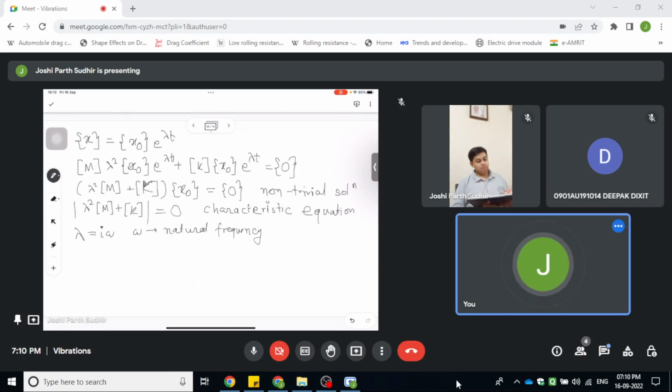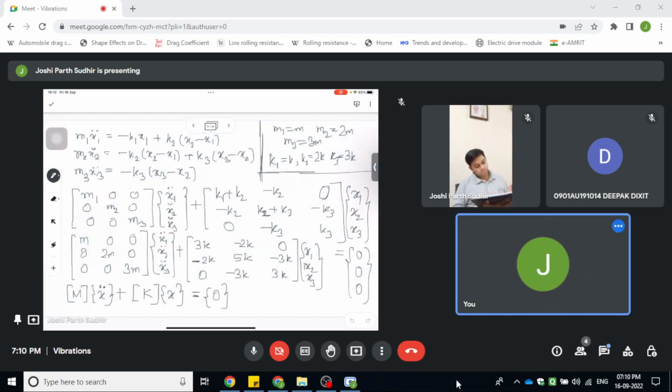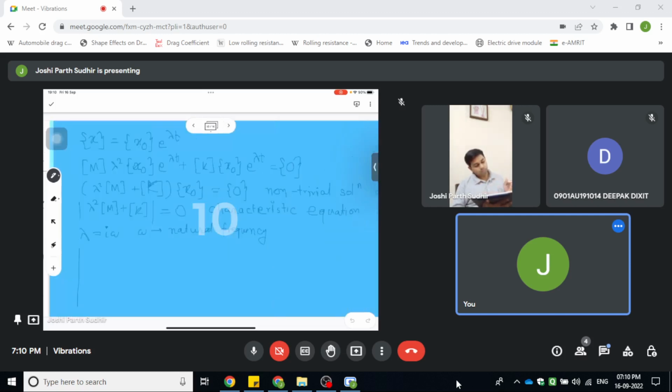So we can solve the characteristic equation either for lambda or omega, whatever is convenient. Finally, omega is basically the natural frequency that we are looking for. So if we write the determinant for this problem, it will be